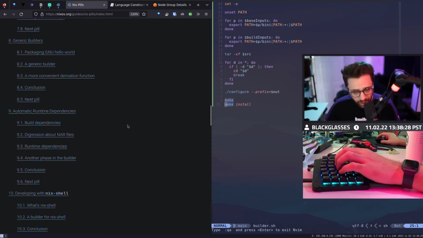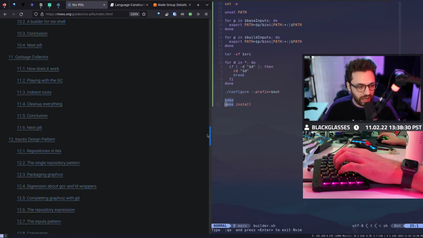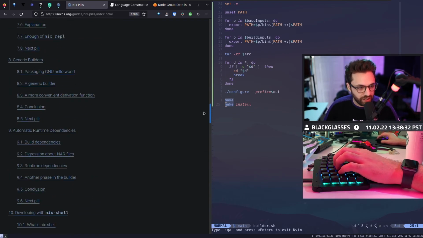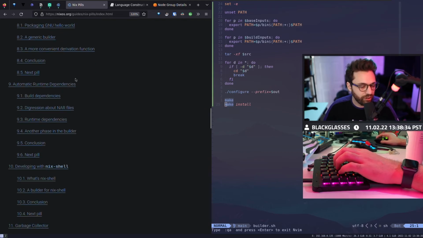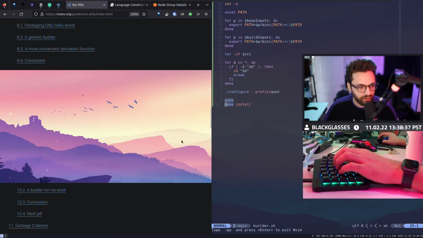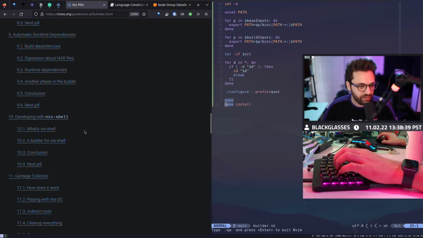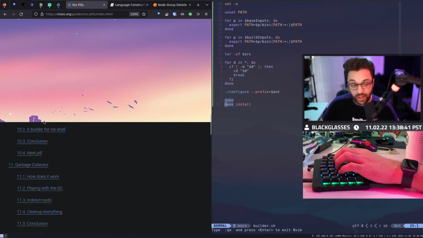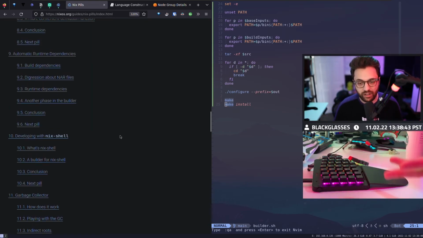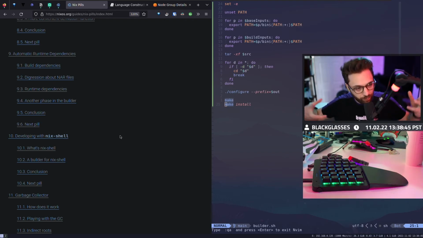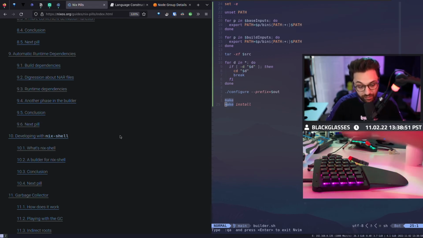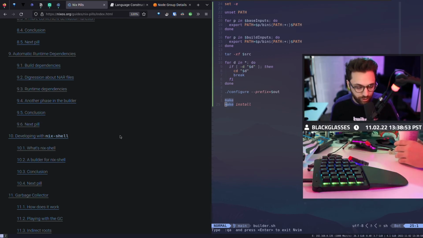And we're actually getting close to being done with a lot of the more introductory things and really starting to show a lot of the cool things about it. Again, automatic runtime dependencies and using the actual Nix shell to develop with, which is something we haven't really even talked about. Nix doesn't just build software for you, but because it can build shells and environments, it can build dev environments for you too, which removes a lot of other things that you need.